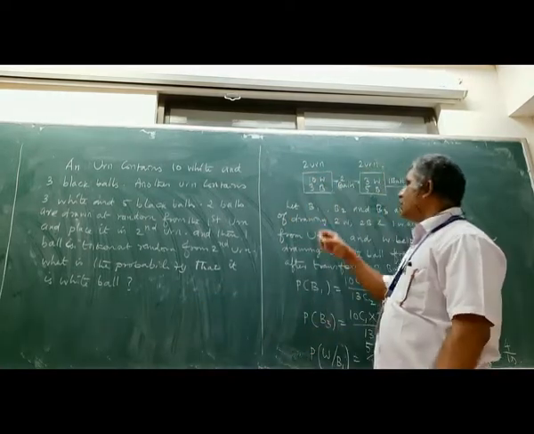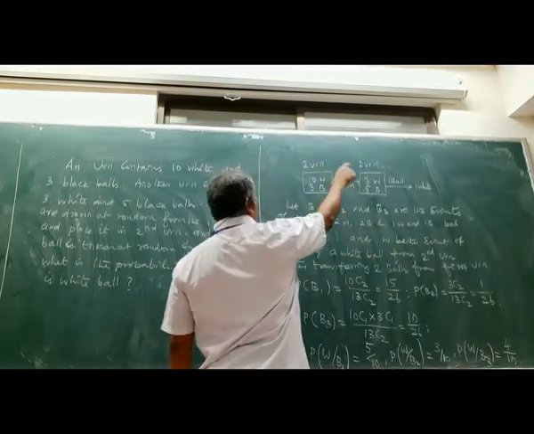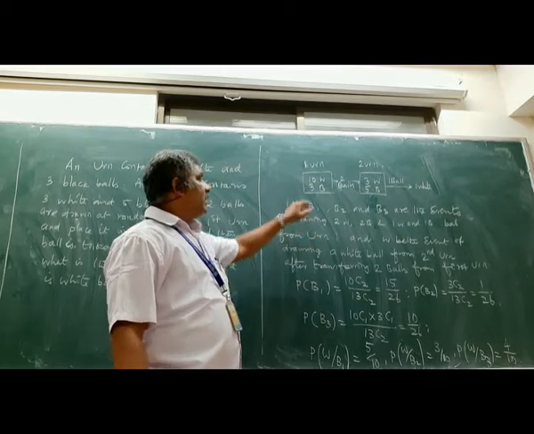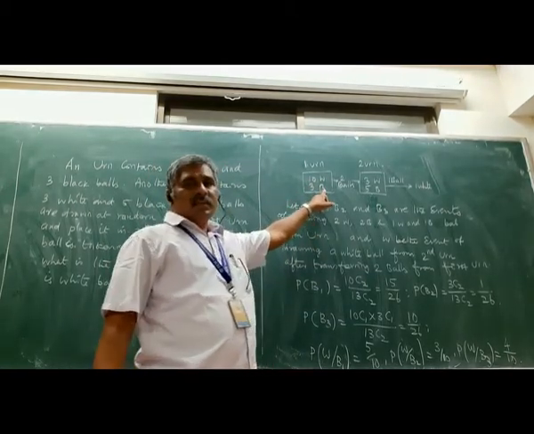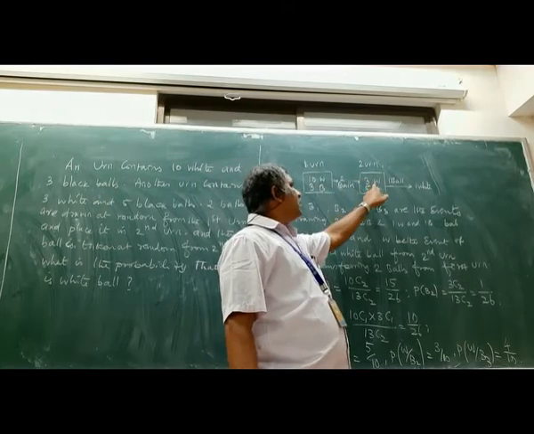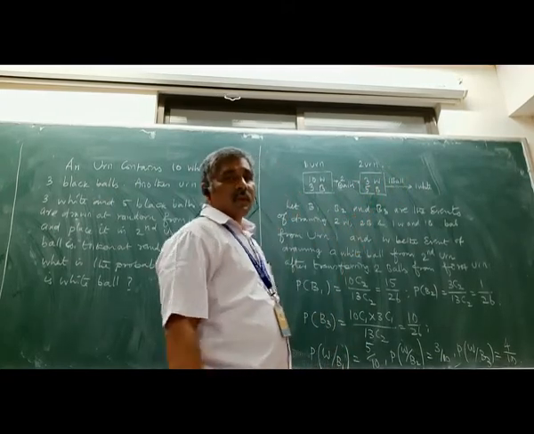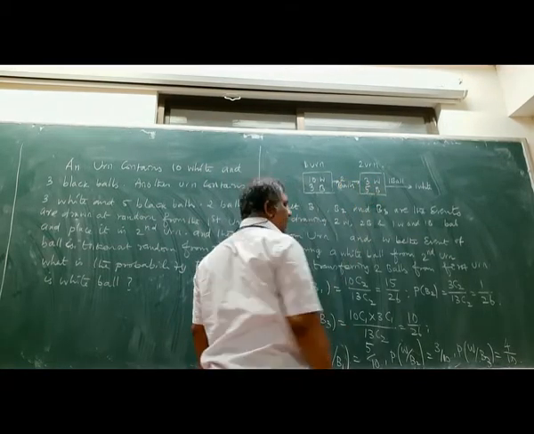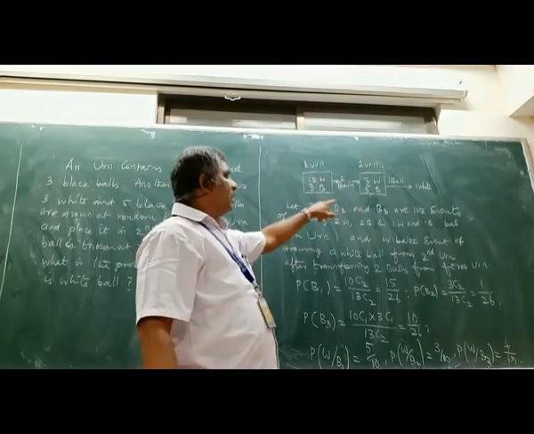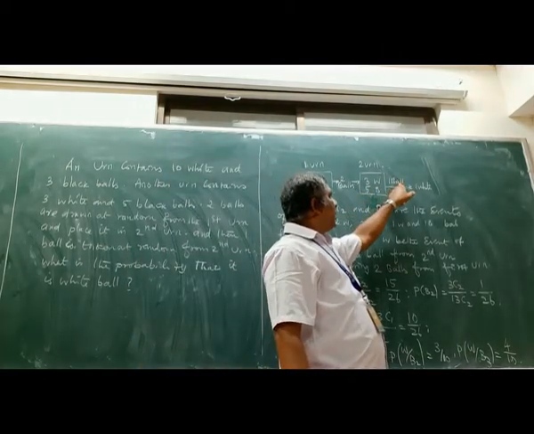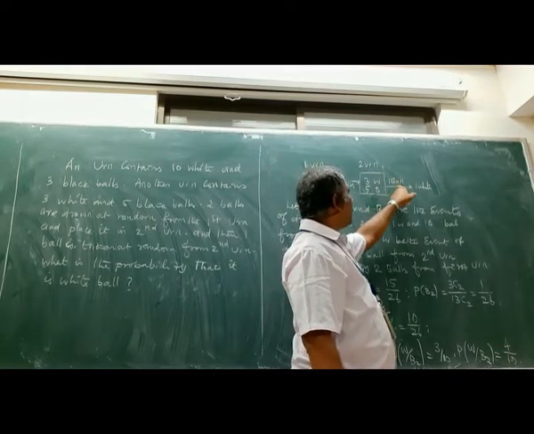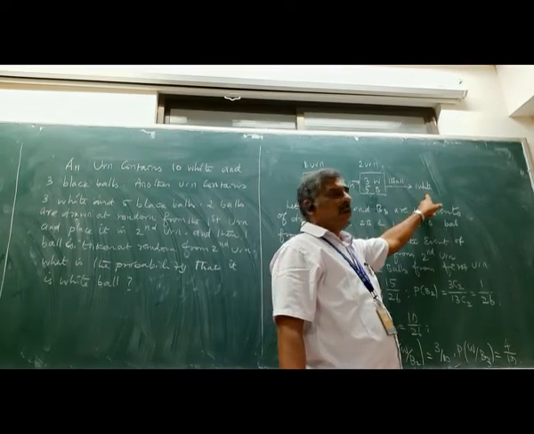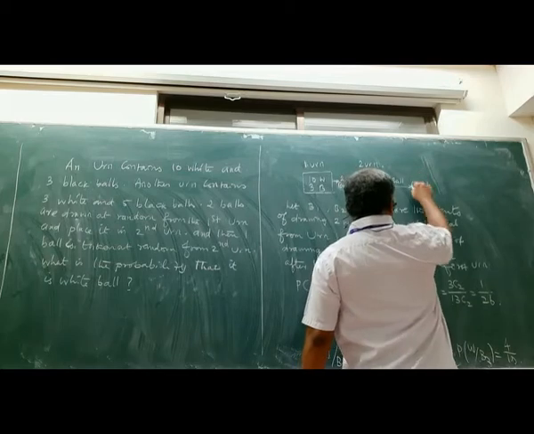Okay, so now see that there are two urns, first and second. The first urn contains 10 white and 3 black balls. The second urn contains 3 white balls and 5 black balls. Now we are transferring 2 balls from the first urn to the second, and then afterwards we are drawing one ball from the second urn. What is the probability that it is a white ball? That is our goal, to find this probability.